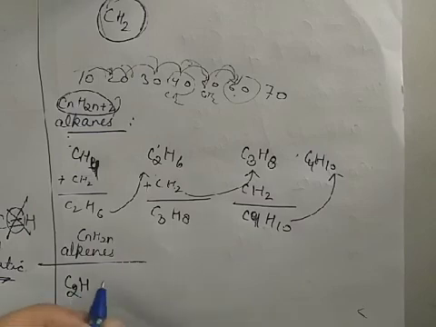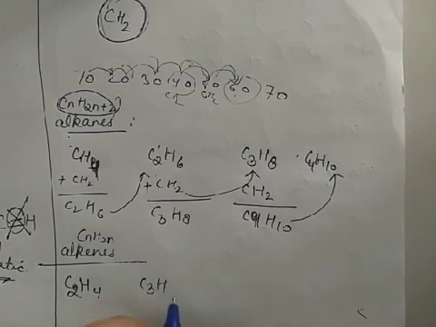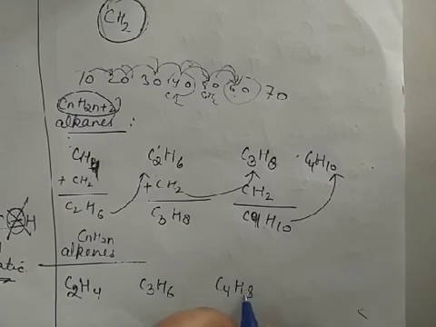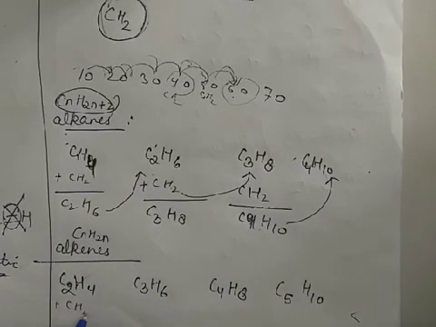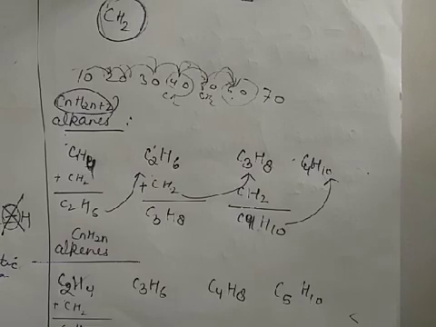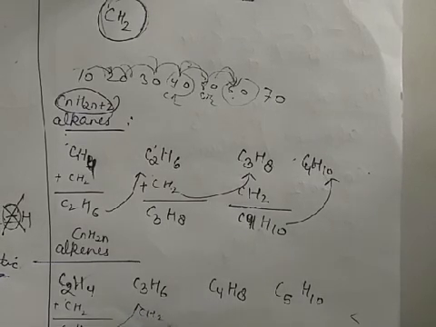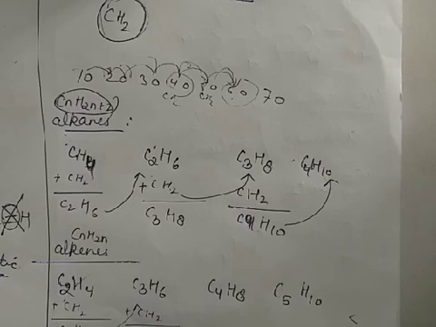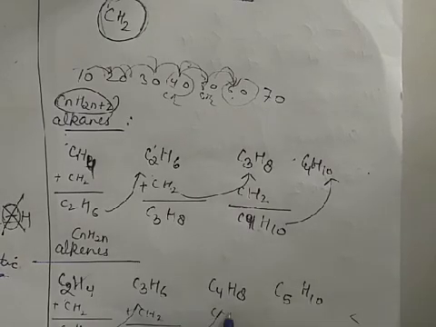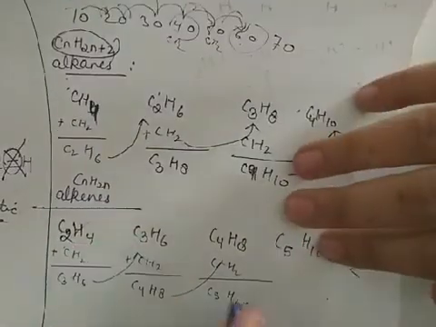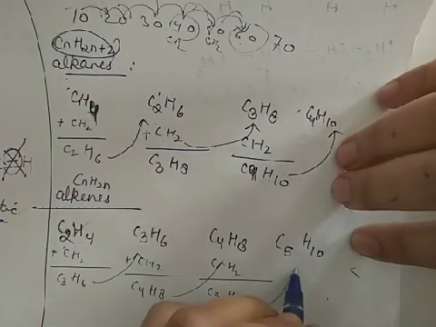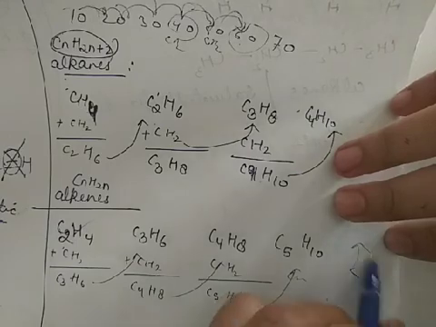Okay, so C2H4, C3H6, C4H8, C5H10. Now let's check whether it is a homologous series or not. Let's add the CH2 group here, C3H6, which is the next term. Let's add CH2 again here. What will it become? C4H8. This is the next one. And if I go on adding the CH2 group, C5H10, getting this? So this is also a homologous series. And similarly, if I add CH2, then the next member will come.